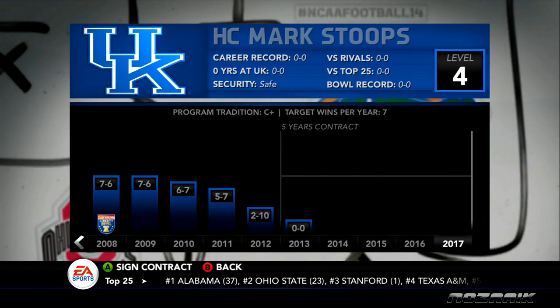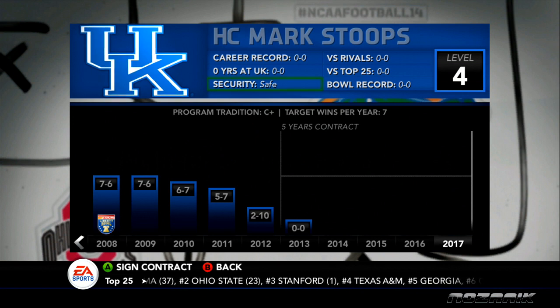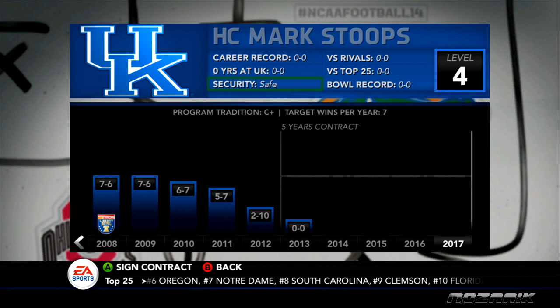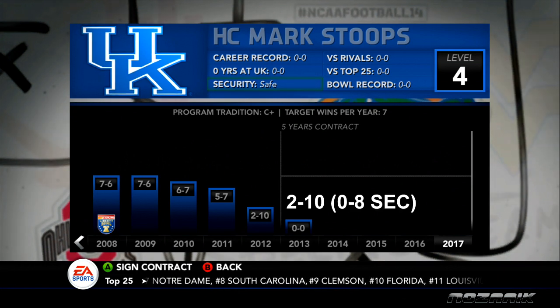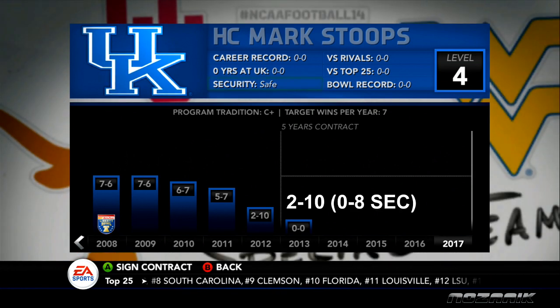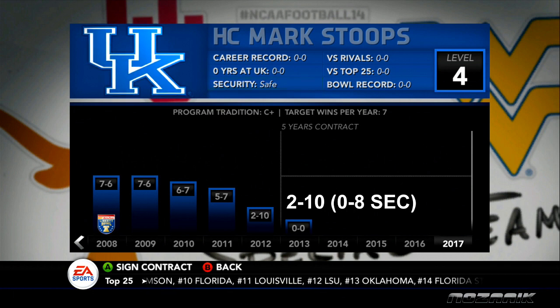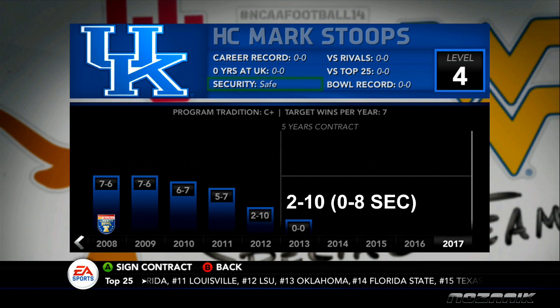Obviously, as you can see, in 2008 they went 7-6, 2009 7-6, and then they just keep going down. They went 6-7 in 2010, 5-7 in 2011, and 2-10 in 2012. And I can't really remember what the record was this year. I should have looked it up, but I actually forgot, and I'll try to post it on the video here in the 2013 spot. But I think they only won like 2 games this season, so Mark Stoops is trying to pull this team around and